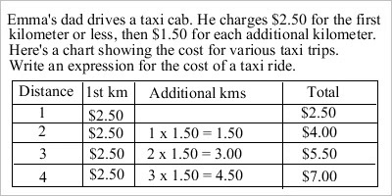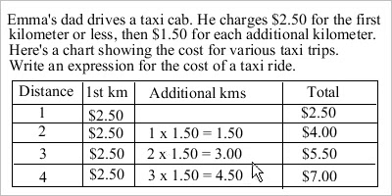So you can see here that if you go 1 kilometer, it's going to cost you $2.50 total, because that's how much the first kilometer costs. If you go 2 kilometers, you get that charge of $2.50 plus an additional $1.50 for the second kilometer, for a total of $4. So you can see that as you increase the distance, it's going to increase by